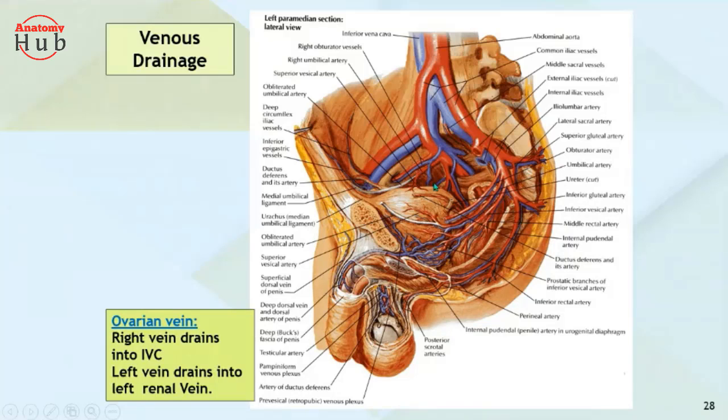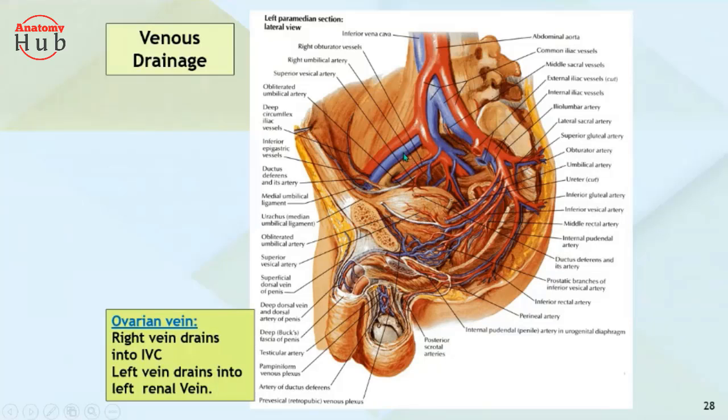These are the tributaries. They are just taking the blood from the peripheral region and draining to the main vein. Then all these main veins unite together and make another chief vein like that. So here you'll find this is your external iliac artery. That means you will find the external iliac vein.